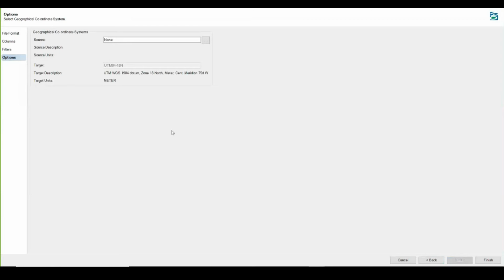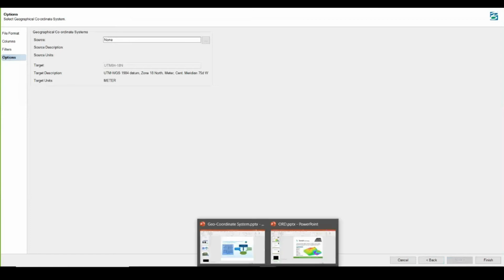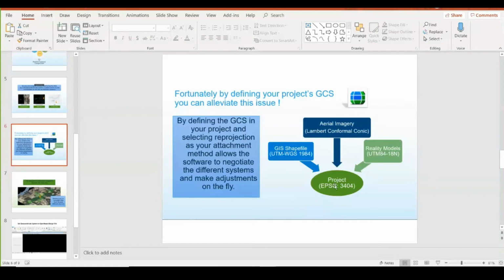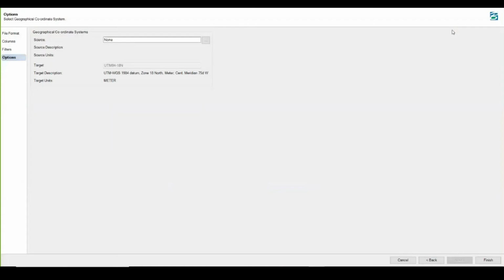By default in OpenRoads we use EPSG 3404. I have a slide for that also. So if you can see, it's project EPSG 3404. If you are doing any project according to a specific geo-coordinate system, you need to set it right here, because it is the only thing governing whether your model is correct and your terrain file aligns or coincides with your alignment.